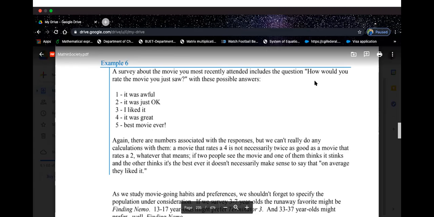It was not okay. It was a terrific movie. It was outstanding. It was a jaw-dropping performance, something like that. So you might have different opinions, but